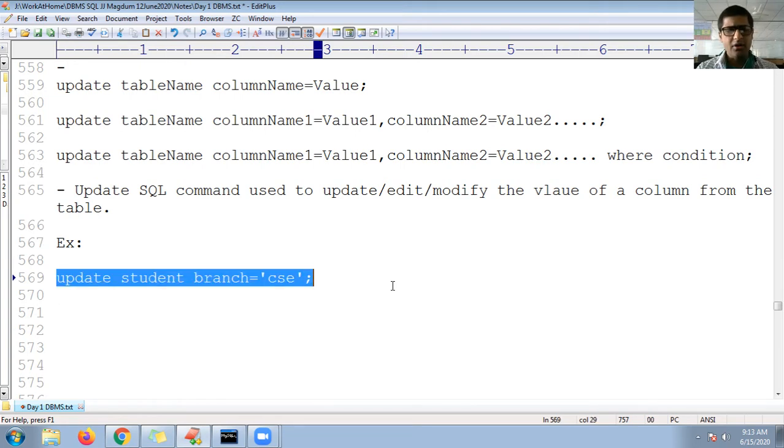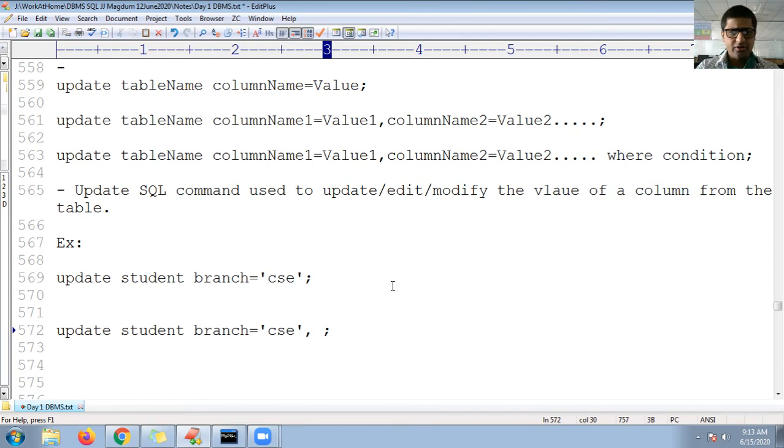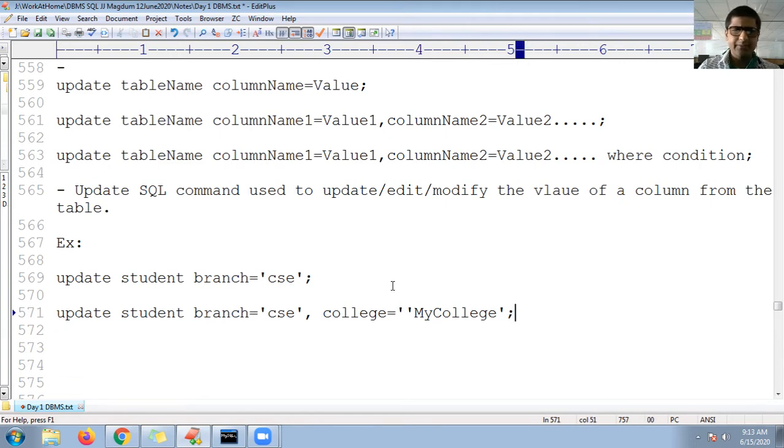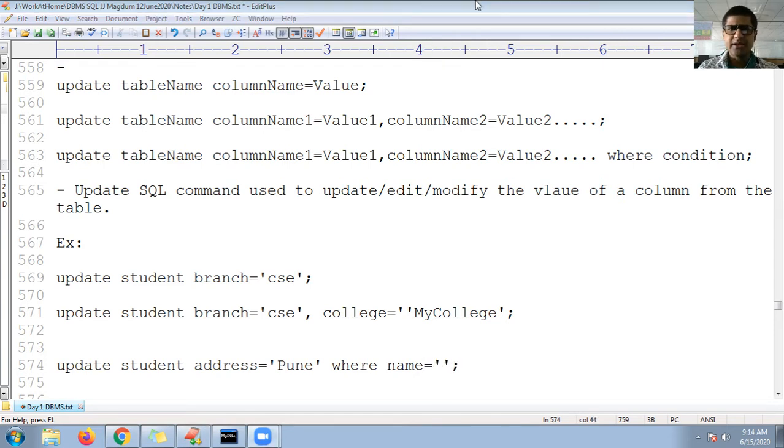I want to update multiple columns, so go for the same. Then you can go for college, institute name. If I add here my college, sorry, double quote is not applicable, I need to use single quote here. So single quote, guys. So this updates two columns. Now I want to go for condition based. Update student. I want to update, suppose, address. So address is the column. Suppose I want to update to Pune. So here is Pune, where I want to go for name, student name. Suppose if I search for the student name, can I see any student name?